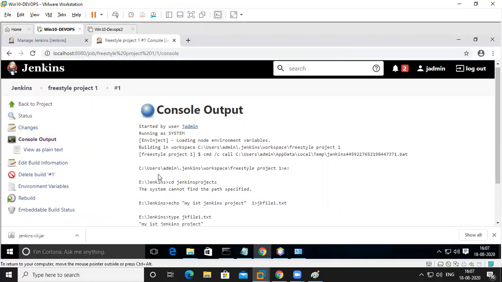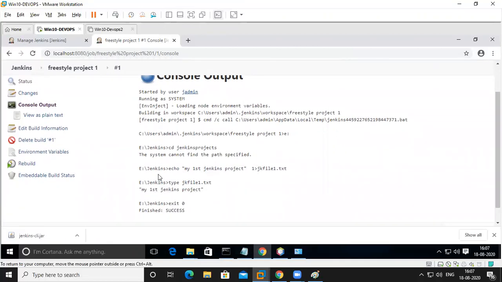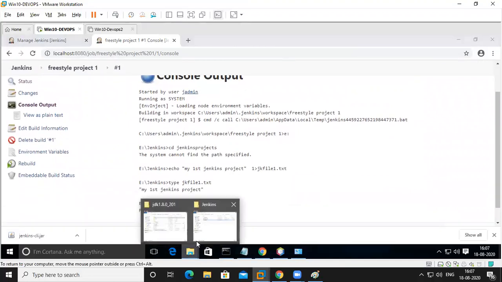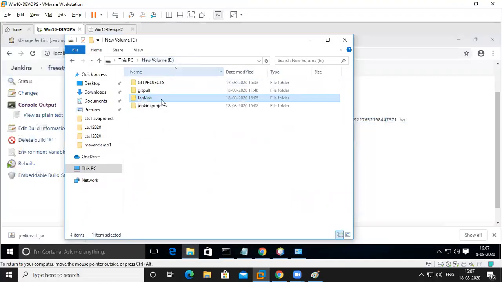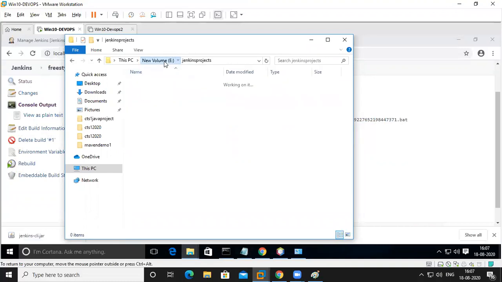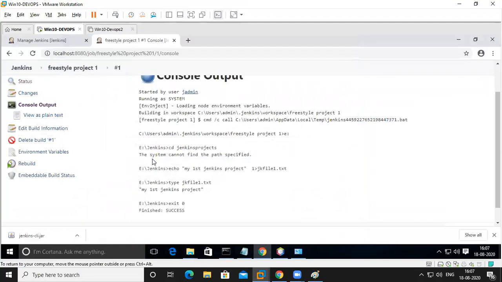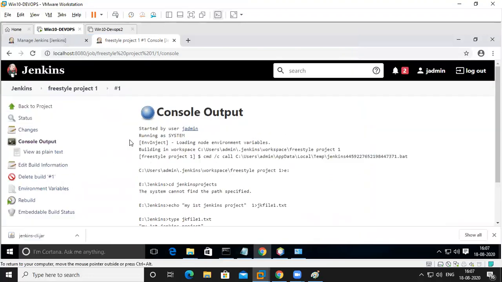Next, I want to do it again. So I find my mistake. Actually, I want to create this file in this one, right? But there is some issue. Then we'll check it again. And also, I want to do some more things. Okay, so we'll see that one. What are some more things?